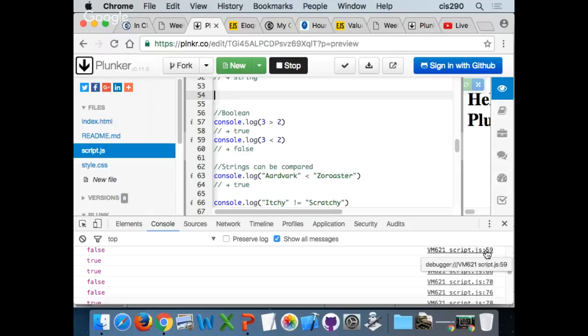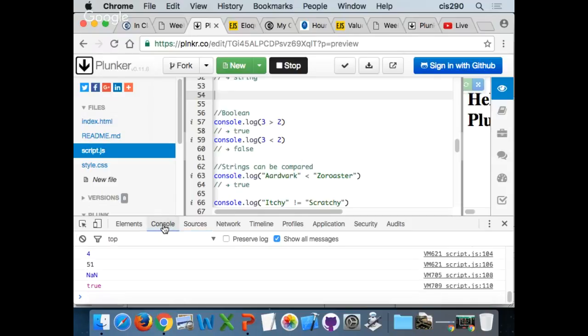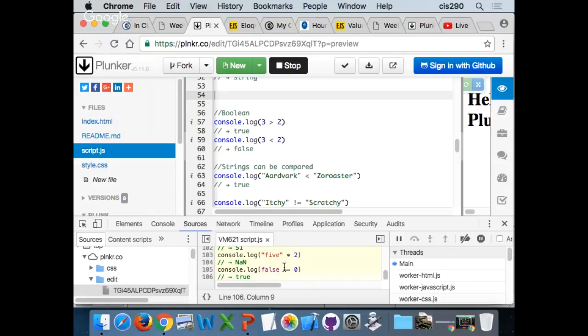If I click on one of these lines, like line 59, it takes me from the console to sources, right to the line where it's at in the middle. To go back to where I was, I just click on console again. All right. So if I want to drill down on a certain line, I just click on that line. It takes me to the line in question,